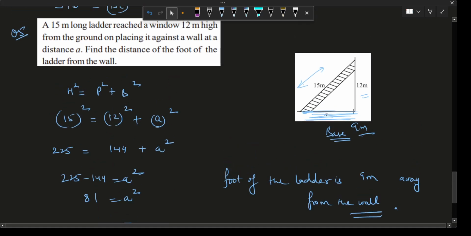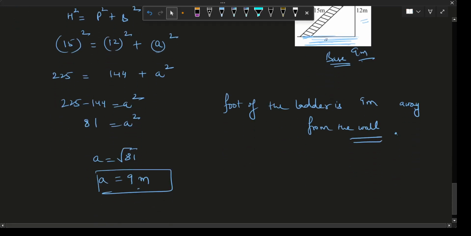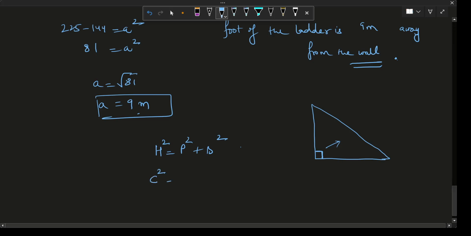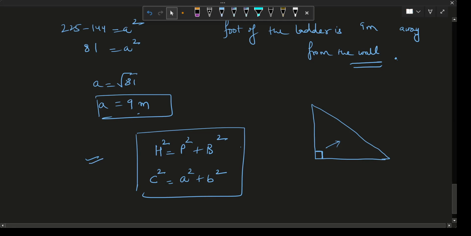So I hope it is clear to you. What we learnt is, we learnt about Pythagoras theorem, which is related to right angle triangle. Okay, in the questions you have to see, when you have to draw, that in right angle triangle where is the right angle being formed, because that only will tell you what is hypotenuse, what is perpendicular, what is base. Yeah, in a right angle triangle all three sides have special name, and the theorem is hypotenuse square is equal to perpendicular square plus base square, or if the symbols are this, C square is equal to A square plus B square.